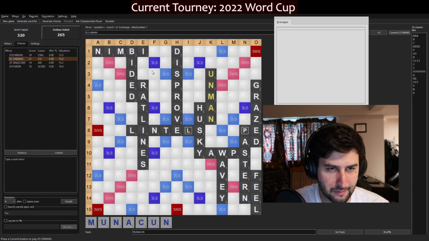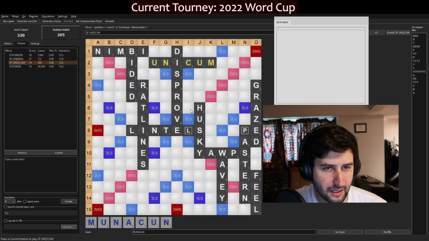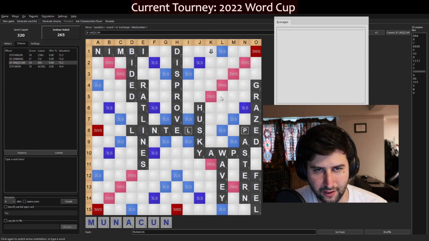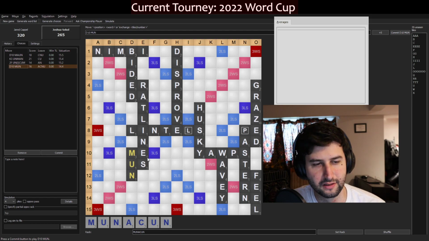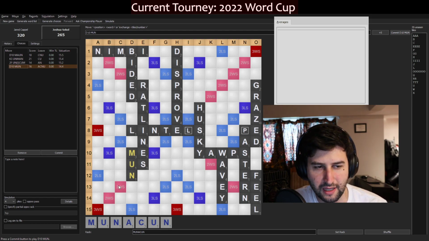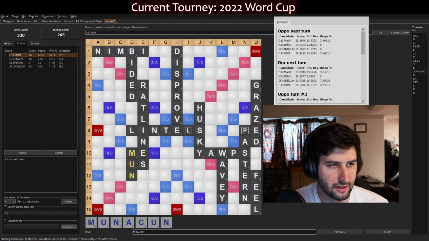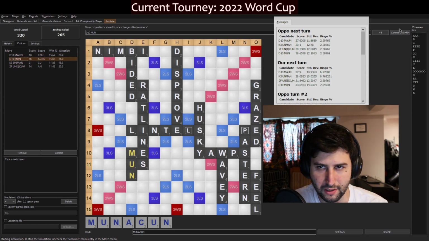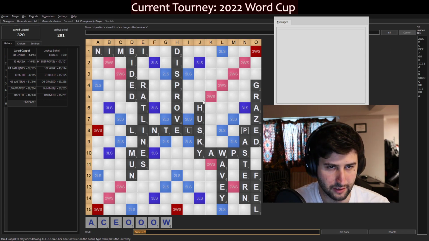I could play something like Unmanned, but that blocks lanes. I don't know if I saw Unicum, but that also blocks lanes. I have this potential K lane. It's going to be very hard to hit without an S. I have these letters to play through, and with Mun, I'm just trying to create another lane. Mun takes an I, and I don't really know if there's anything better in this position, but it looks very bleak. So yeah, Mun comes down for 16, and Jared